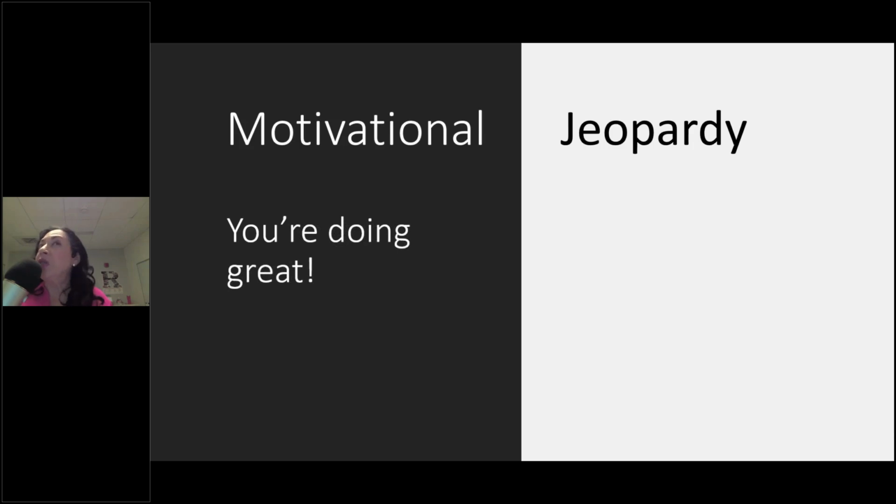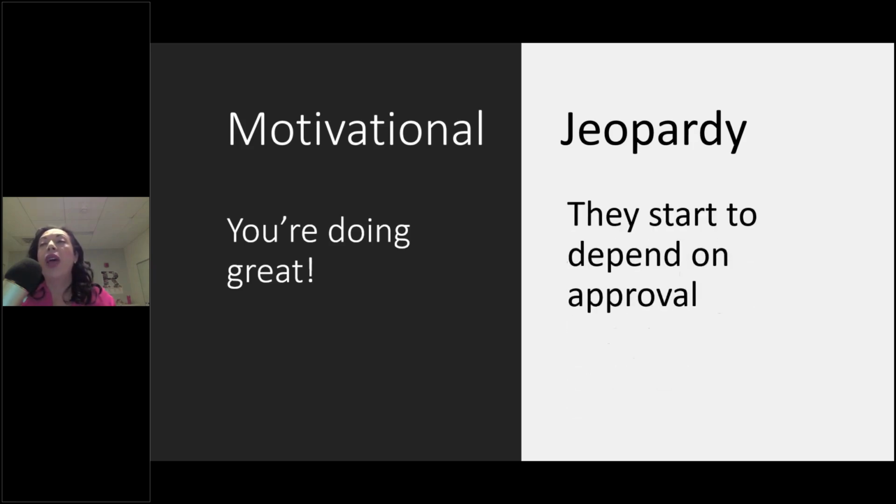Now we come to encouragement, everyone's personal favorite. And so encouragement is usually a safe bet until it's not. When we give a lot of encouragement, some students will thrive, but others might start relying on our approval instead of finding motivation inside themselves. They may end up chasing validation rather than pursuing goals for their own sake.